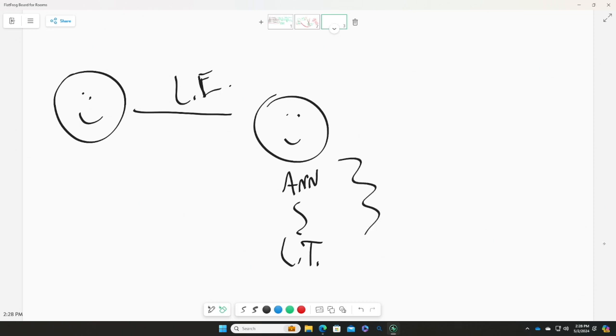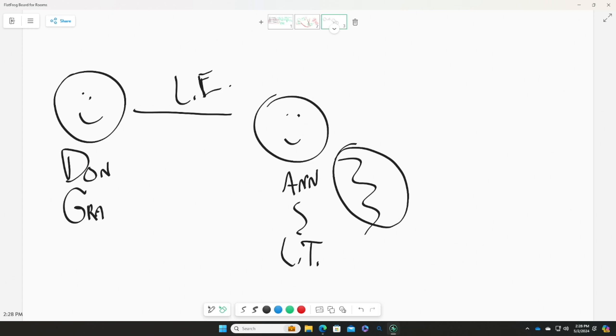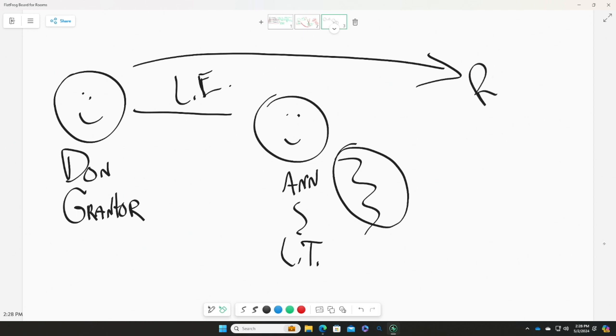She can do all those things she wants to. But instead of basing it on Ann's life, I better make this Don. And remember, he's the grantor, creator of the life estate. Instead of basing it on Ann's life, he creates a remainderman, or names a remainderman,